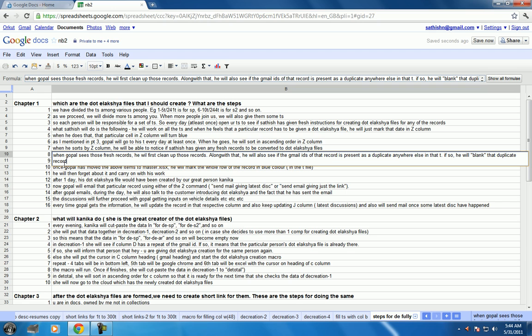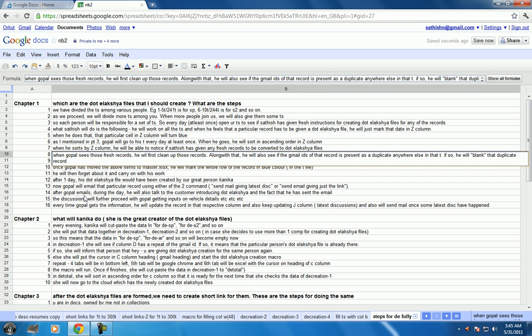Why is this to be done? This is to be done because supposing there are two kannadasan@gmail.com, if there are two records in that same T which has got Kannadasan, then when you use the filter formula, both the record data will come into the .elakshya file. Am I clear, Gopal? So therefore, please make sure that there is no duplicate anywhere else in that particular T. If it is there in some other T, it's fine, no problem. In that particular T, kannadasan@gmail.com should be there only once. Got it? Whether I give you that instruction for that record or you yourself create that record, make sure that the Gmail ID is there only once.